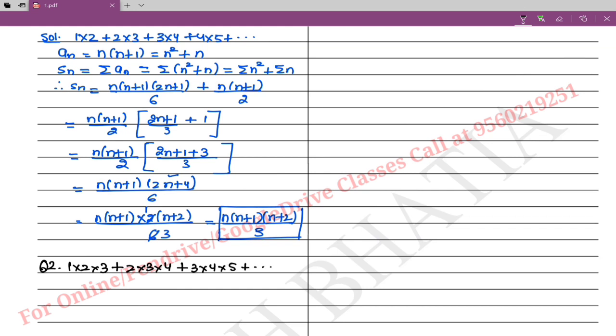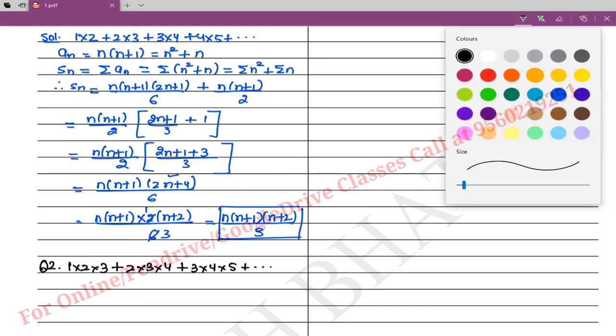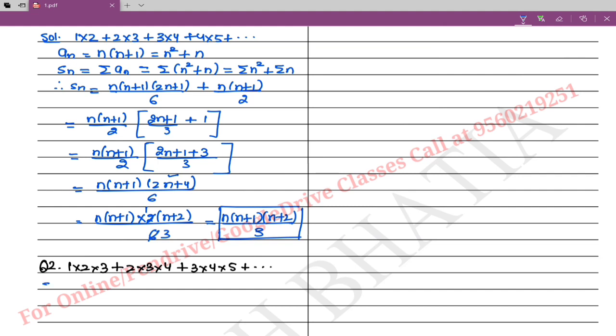Again, if you look at the pattern here, the pattern is the same. The first term is 1 into 2 into 3, the second term is 2 into 3 into 4. So going by the pattern, we can easily find the nth term. As the third term is 3 into 4 into 5, the fourth term will be 4 into 5 into 6, and in the same way the nth term will be equal to n into